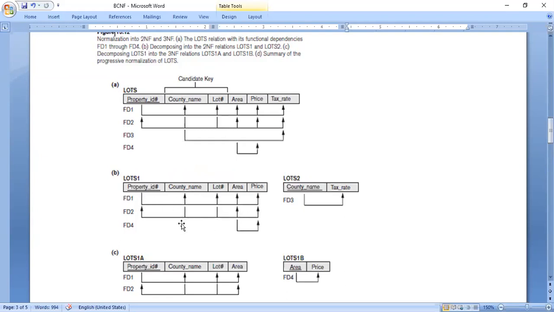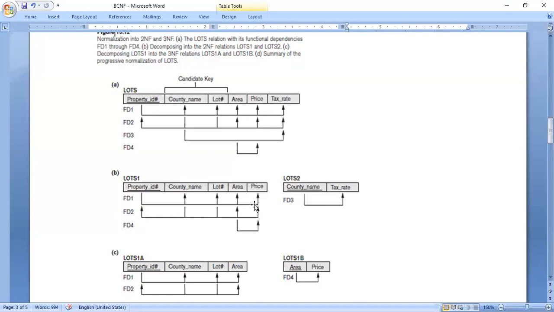Okay, fine. So this functional dependency is also fine because the country name and lot ID, they are the super keys. So these three are the super keys. Fine. So the functional dependency which arises from the super key is allowed as per the third normal form, isn't it? Now let us understand there is one more functional dependency.